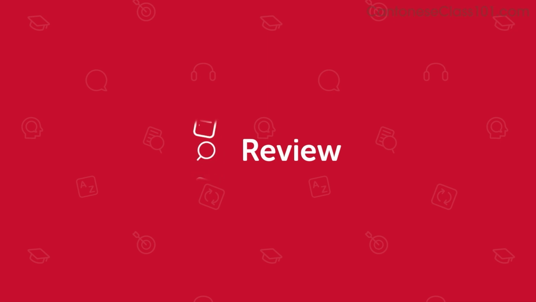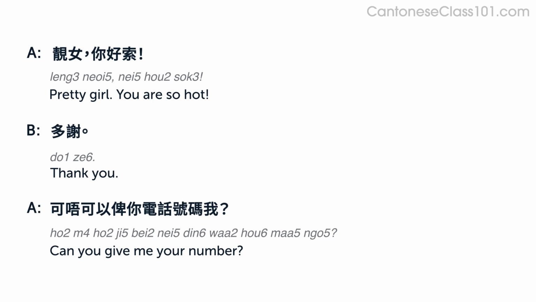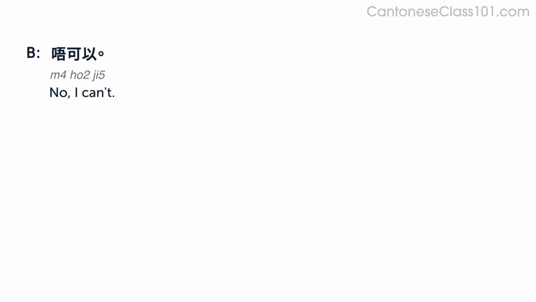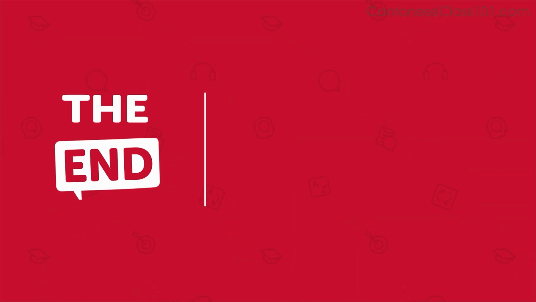Finally, let's review the dialogue again. See if you can understand more this time. 靚女，你好索， 多謝， 可唔可以俾你電話號碼我？ 唔可以。